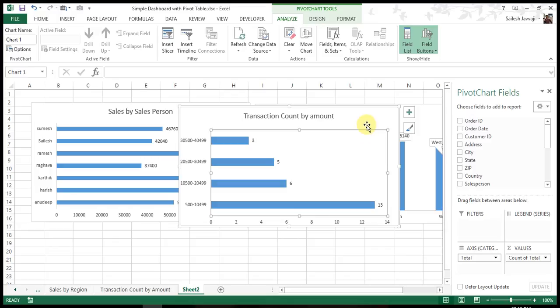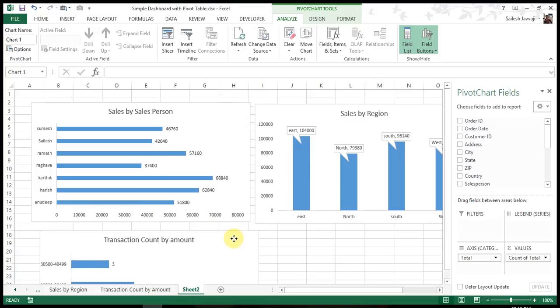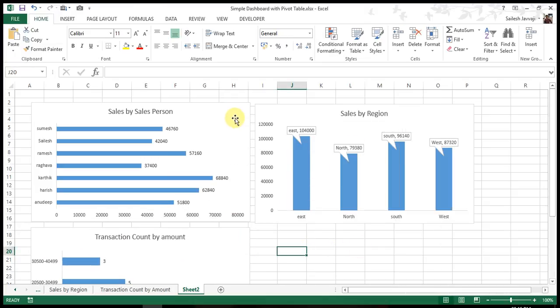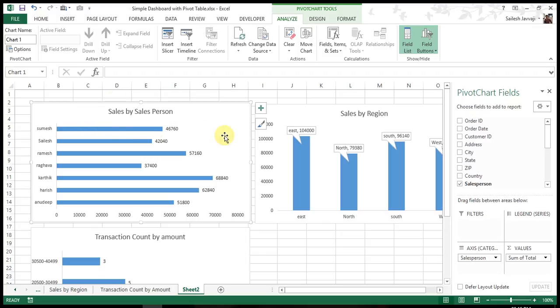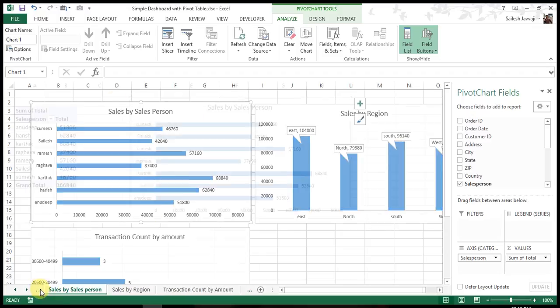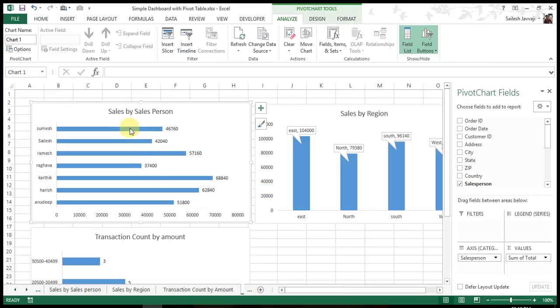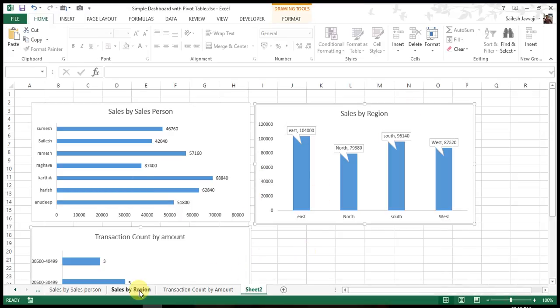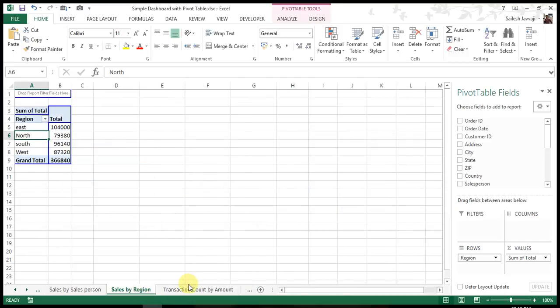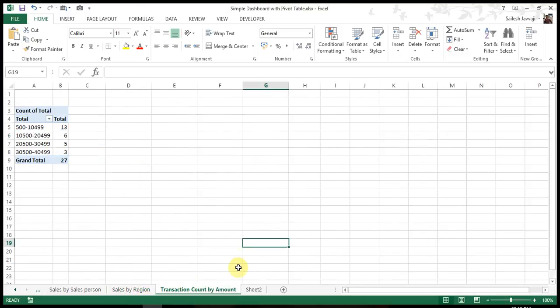If you observe, I have copied this graph from this one. That's the reason it is there in this sheet, as well as in the newly created sheet also. But these two were moved from this sheet to the new sheet. That's the reason we are unable to find the chart here. So after moving or copying,